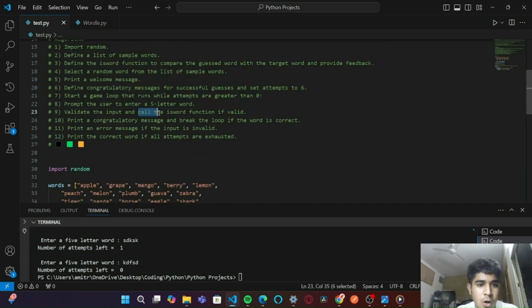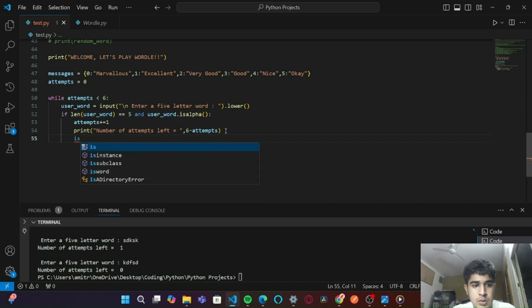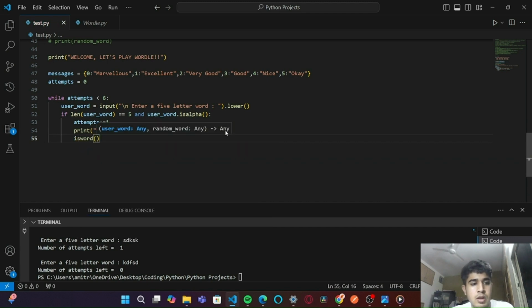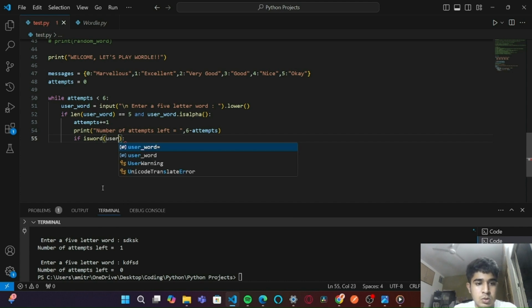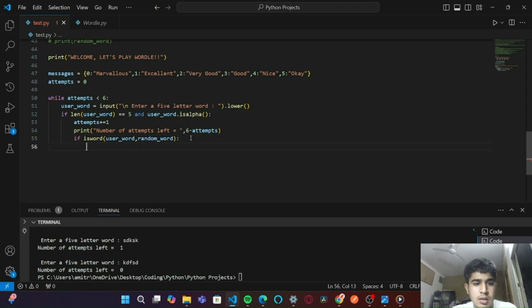It says we have to call the isWord function. So here we have to call the isWord function. Let me write a condition here. So if isWord, because isWord will return a true or a false value, a boolean value, and what do I want to do with that boolean value, right? So let's see what I want to do with that boolean value. While calling the function, I will pass the user word and the random word,